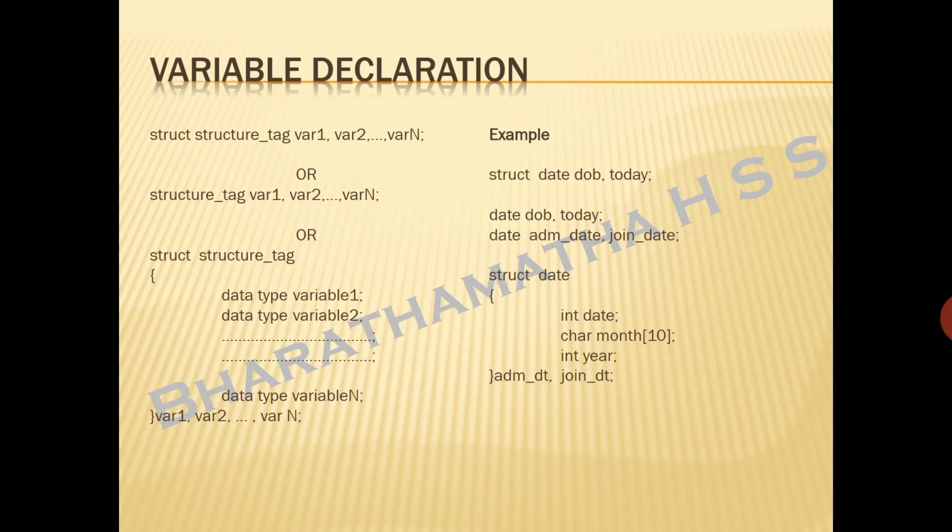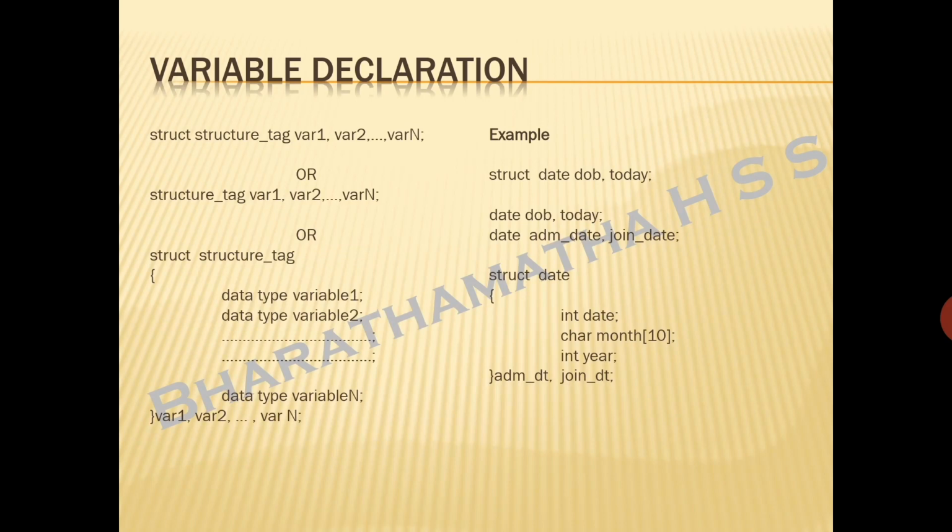So now look into this. struct structure tag, data type, element 1 up to element n. Then you have your variable 1, 2, 3 up to n. So as many variables as needed can be declared. Now look into the example on the side. Date we have already created and kept; there was an example we saw previously, so that was a structure that has been created. So struct date dob, today. So dob and today are the variables, or otherwise you can write simply as date dob, today, where dob and today are your variable names.